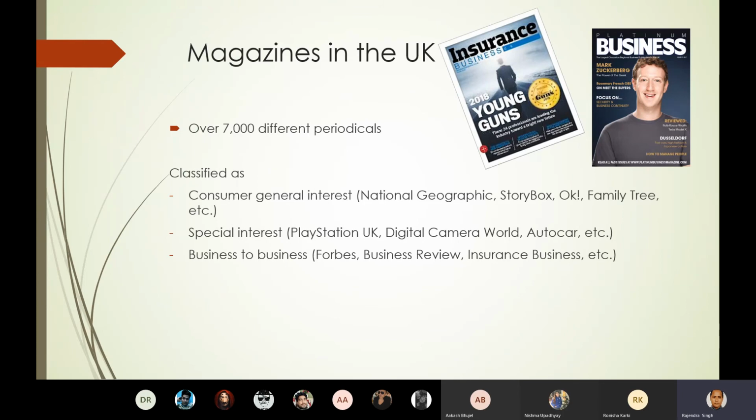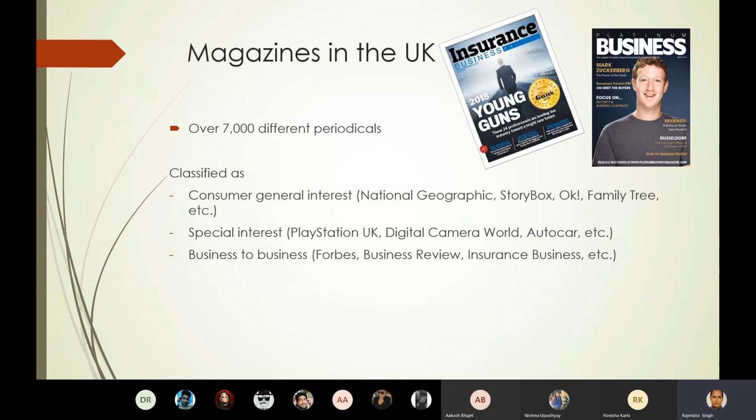They're called periodicals. In terms of magazines, they can be classified as general consumer interest. These types of magazines would be of interest to anyone. They would not be catered towards a specific group of people. These are for everyone, for example, National Geographic. Anyone may be interested in reading National Geographic. You may have heard about it, pretty popular, not only in the United Kingdom but also in the US. So these are general consumer interest magazines.